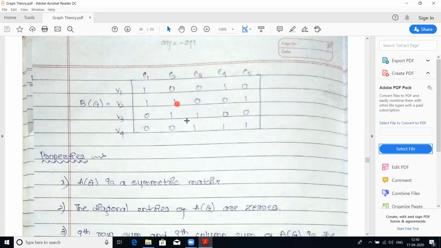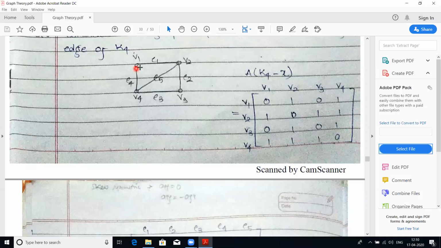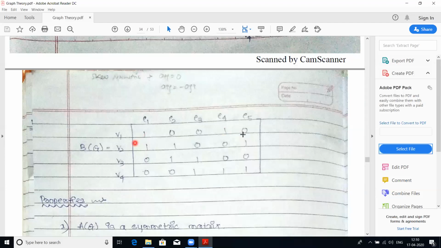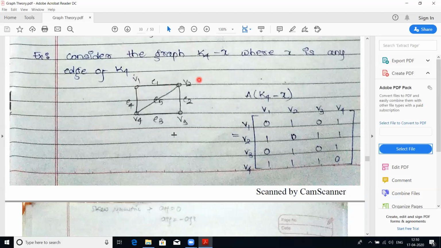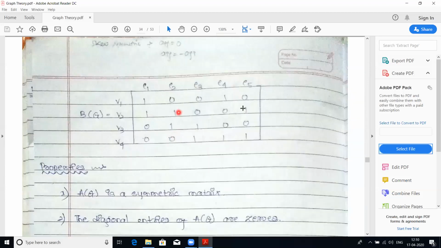Similarly, here is the incidence matrix. Now see, in the incidence matrix we have taken rows as v1, v2, v3, v4, meaning vertices as the rows and edges as the columns. Now see, if v1 and e1 are incident, then it is 1. See this graph, v1 and e1 are incident, so it is 1. v1 with e1 and e4 are incident, and the remaining are not. So for v1, e1 and e4 it is 1, the remaining are all zeros. Next for v2, e1, e2 and e5 are incident, the remaining are zeros.